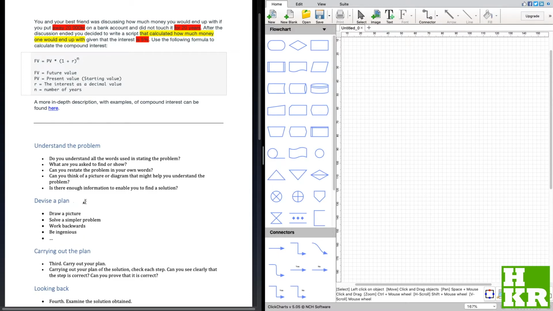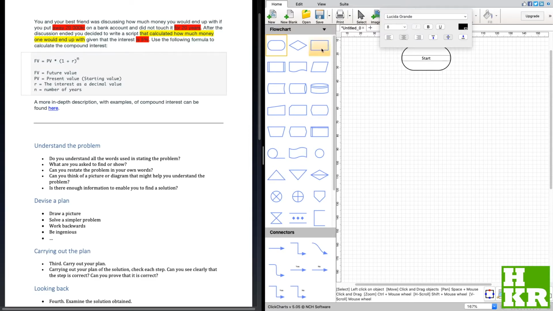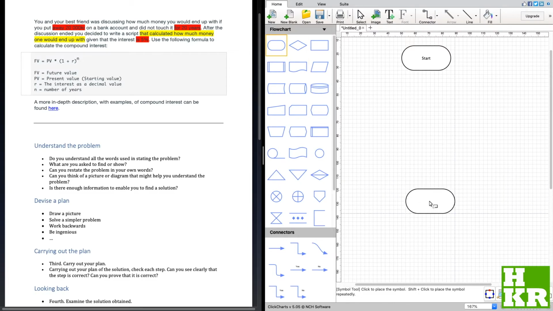And I'm going to do as I've done before, that I am going to draw a flow chart that we then can use when we're implementing our script. And I start by adding the start and the end, so I know that I have those available here. And then we're going to see, all right, my script, what do I need to do? All right, so we are going to calculate something, but to calculate it, we need to have these 3 values. So I'm going to start by adding